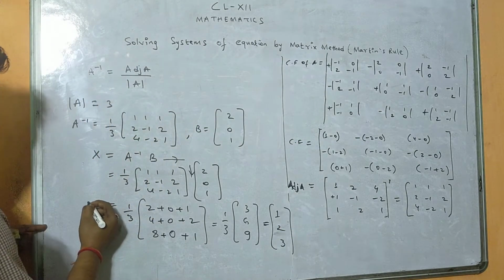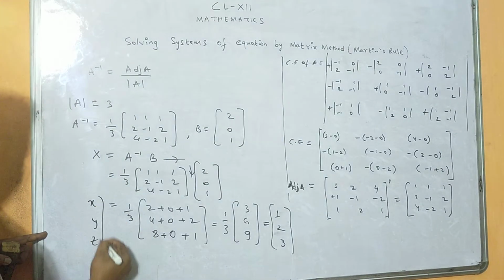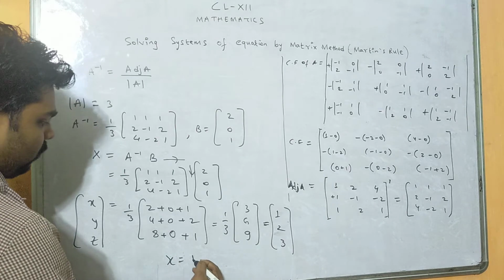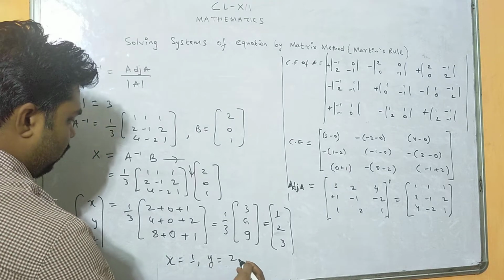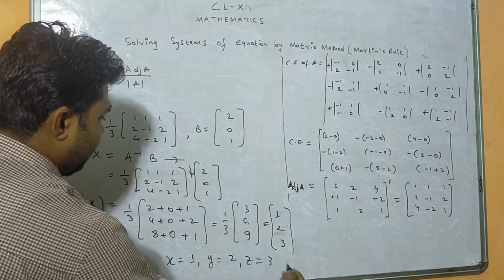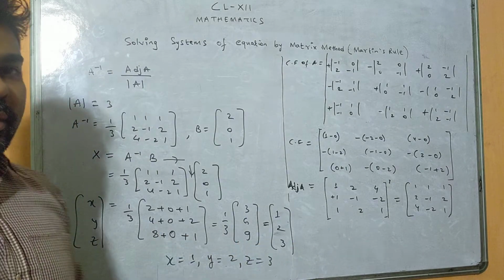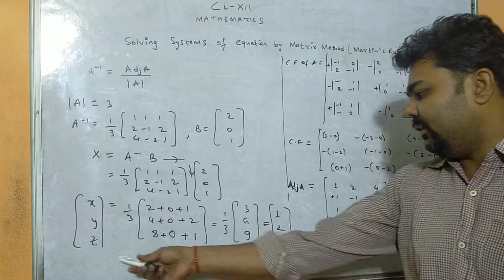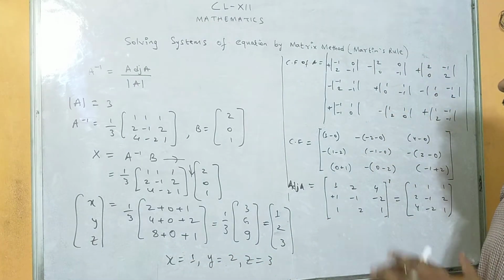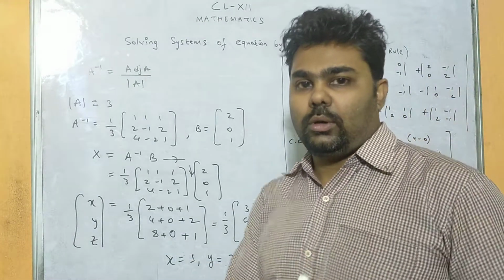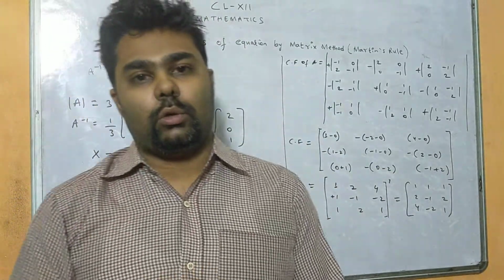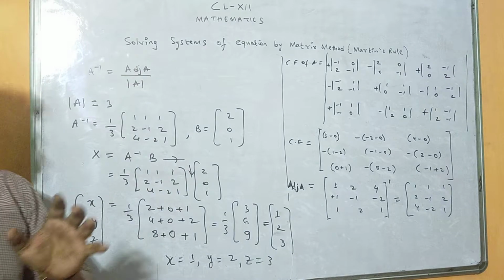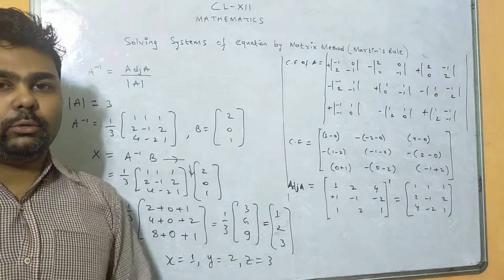So in the left hand side what do we have? X, Y, Z, because I have substituted X as X, Y, Z. So the value of X is 1, the value of Y is 2 and the value of Z is 3, by equality of matrices, right? So whatever answer we are getting for X, Y, Z in that position, this is our required answer, right? So these are a few questions from this exercise. You need to solve the linear equations, and solve maximum questions for the unique values.